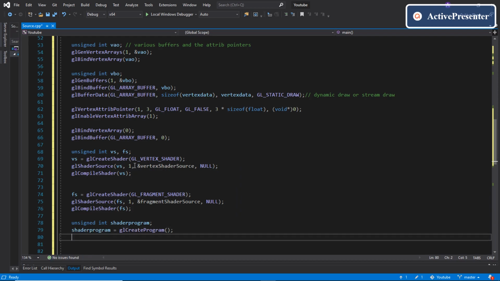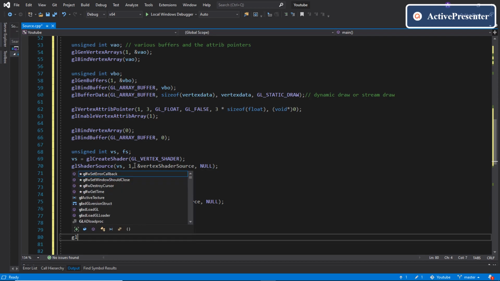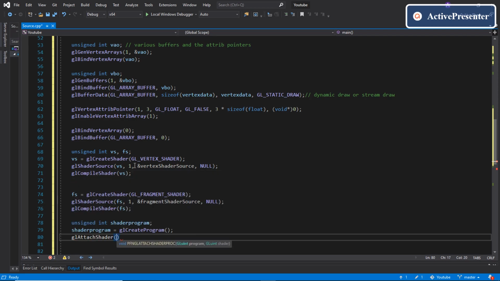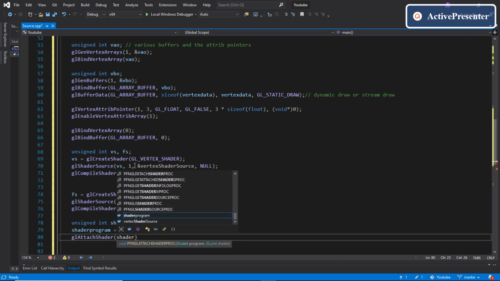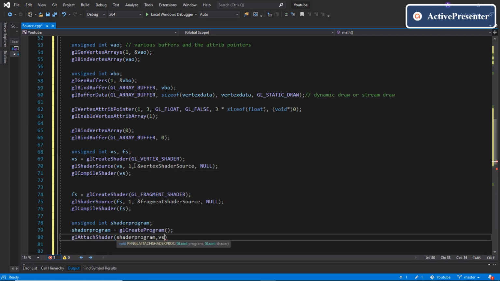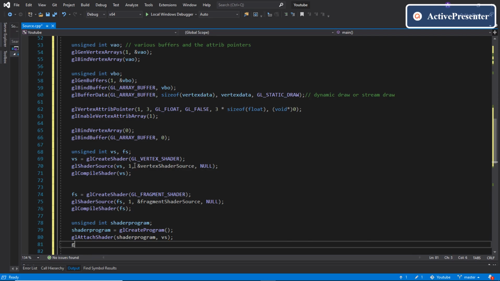Now let's attach the vertex shader and fragment shader objects to this shader program. So we'll write glAttachShader, the shader program, and the vertex shader. Let's also attach our fragment shader to this shader program.